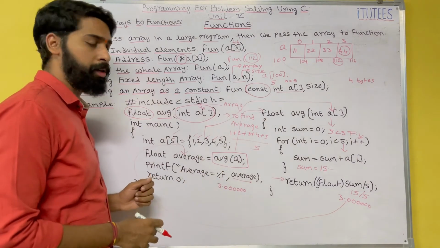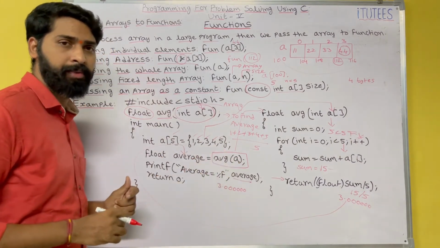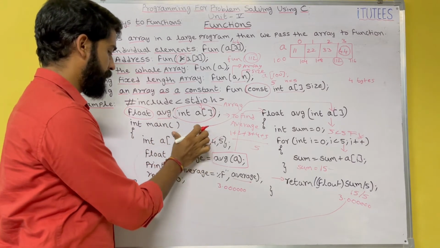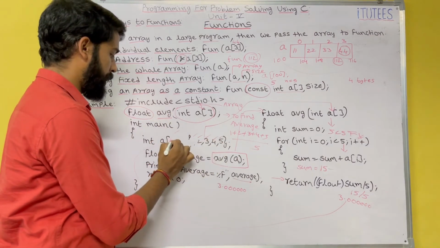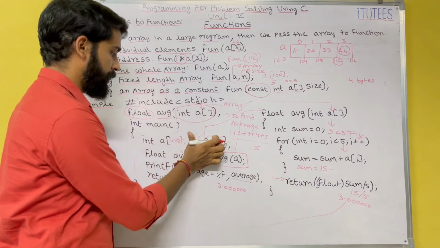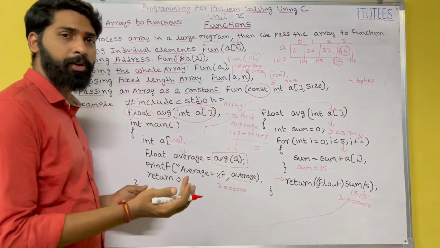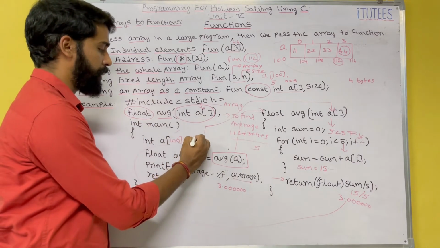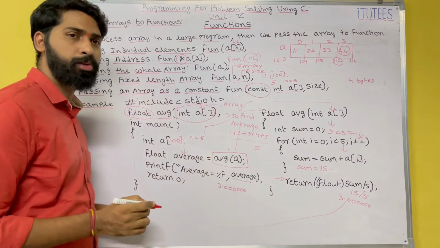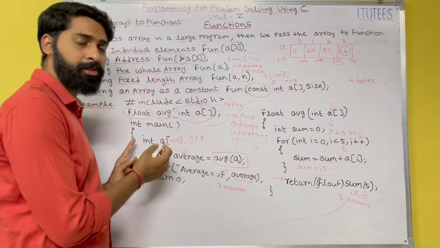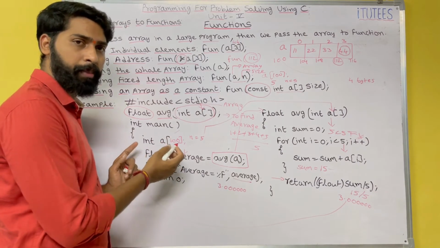Okay, in this example we pass the array as a parameter. We pass the whole array. For example, I define this array like this, with size 100. In this, I am going to read the size, for example n equals 5 here. Now I read the values into this array from the keyboard by using a for loop.